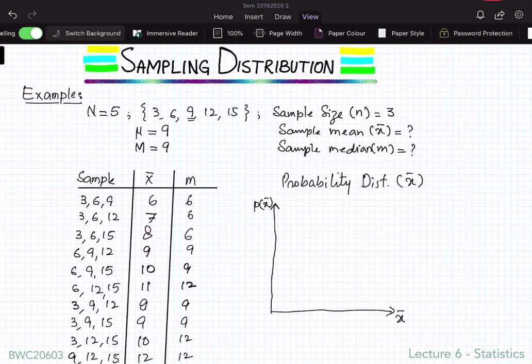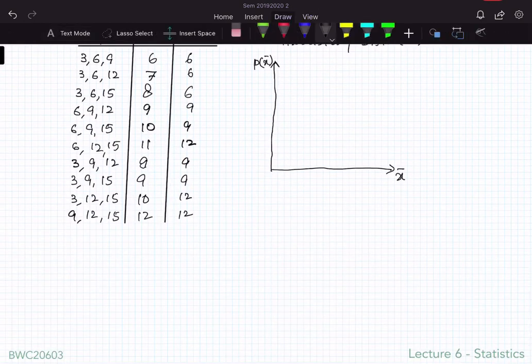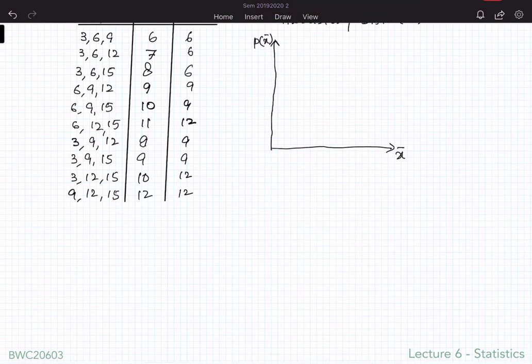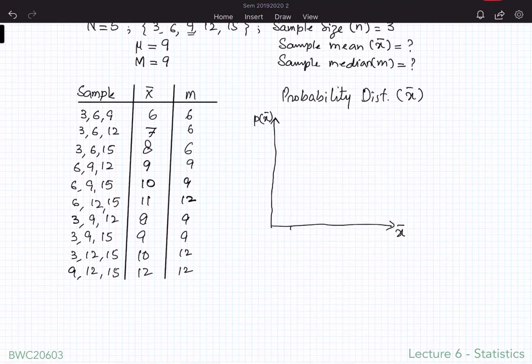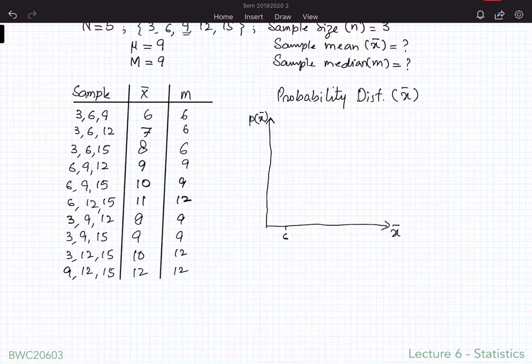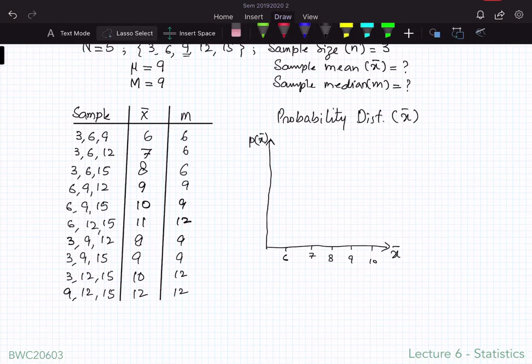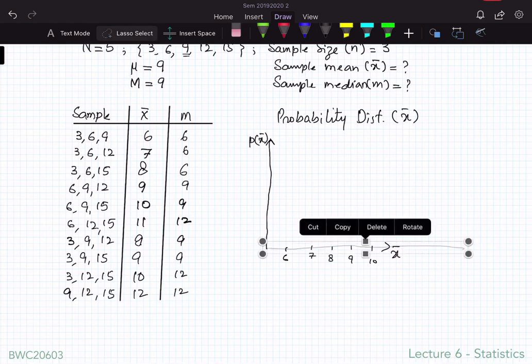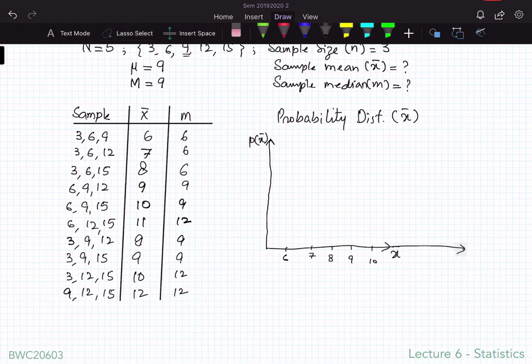Our range is from 6 until 12: 6, 7, 8, 9, 10, 11